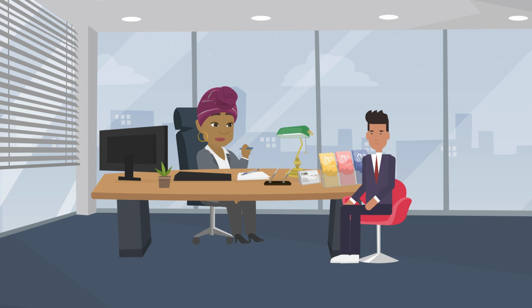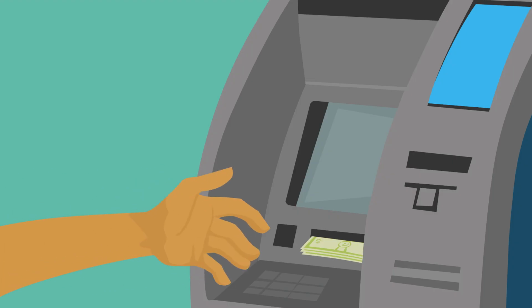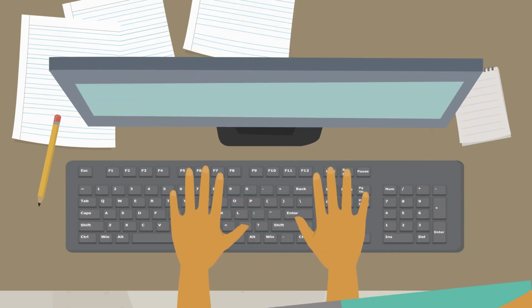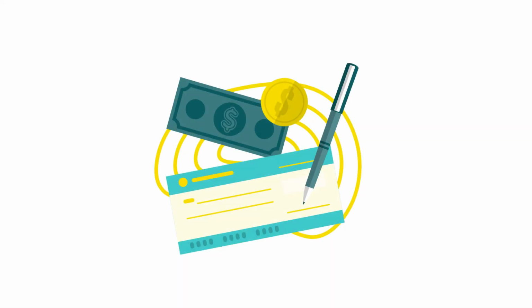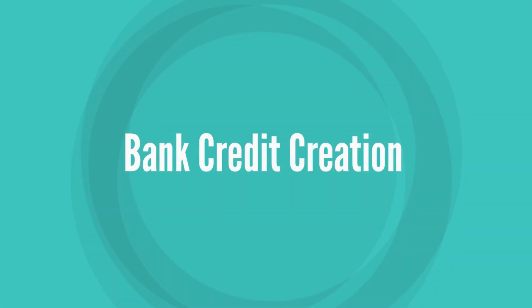In reality, let's say you go to a bank and ask for a $20,000 loan to buy a car. You might imagine the bank looks around and finds someone else's deposit to give to you, but that's not true. The money didn't exist until you asked for it. The bank simply types $20,000 into your account on a computer. It's not transferring money from anyone else, it's essentially creating brand new money just for your loan. This process is called bank credit creation, and it's how most money in the economy is created today.